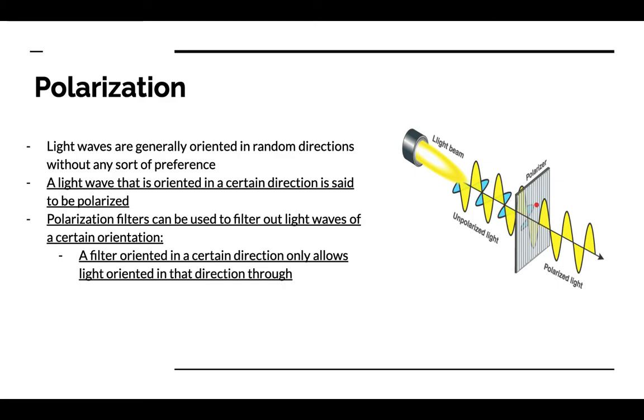If you've ever seen polarized sunglasses, they are used to reduce the brightness of light. The idea is that the sunglasses only filter through light of certain wave orientations, thus reducing the brightness that impinges on your eyes. Perhaps better said in physics terminology, the light intensity that impinges on your eyes, the luminosity. All right. So a polarizer, you can kind of think about like a fence filtering out the light, except it's not like